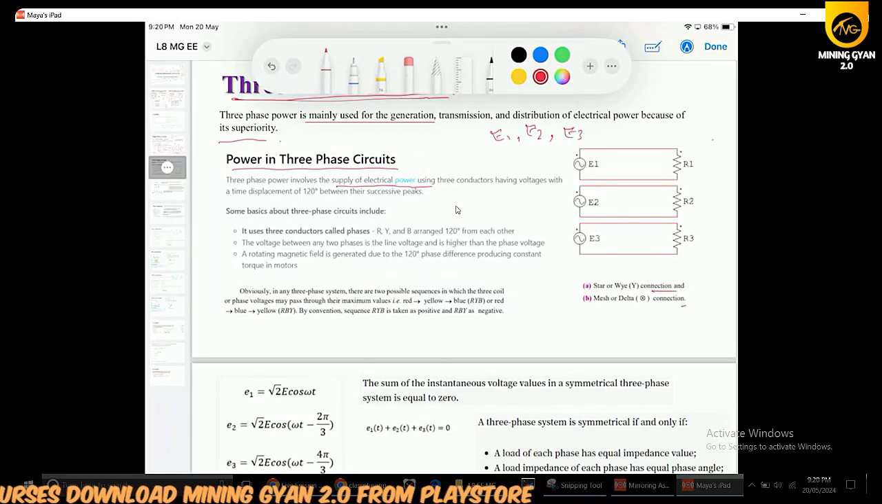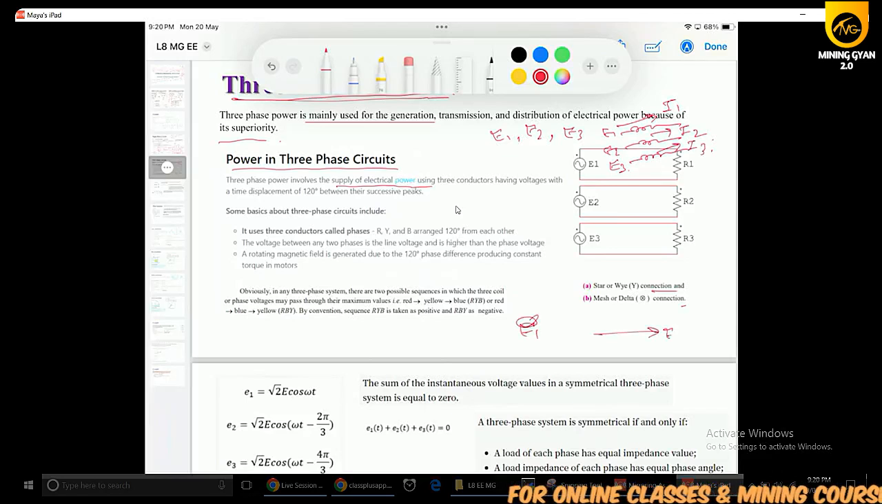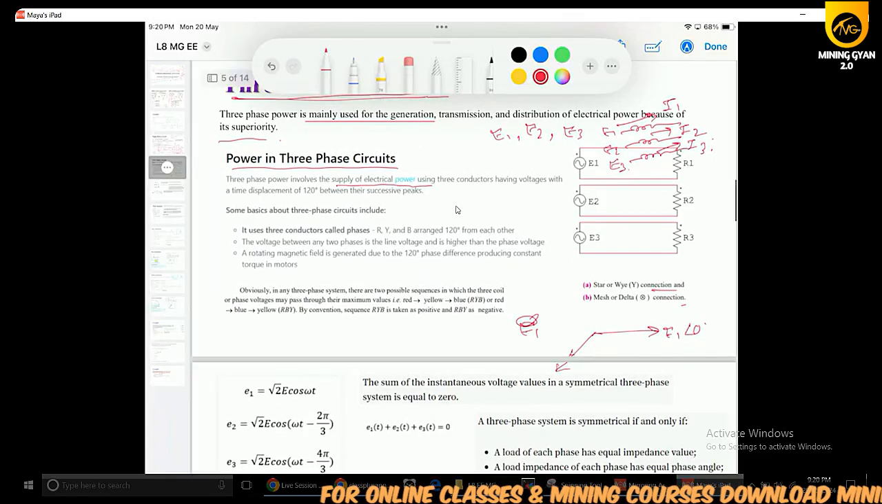E1, E2, E3 are the induced voltages in the three coils. These are the three coils. E1, E2, and E3 are the induced EMFs or voltages, and these three coils will carry currents I1, I2, and I3. So if E1 is at 0 degrees, then after 120 degrees E2 will be there, then after another 120 degrees,